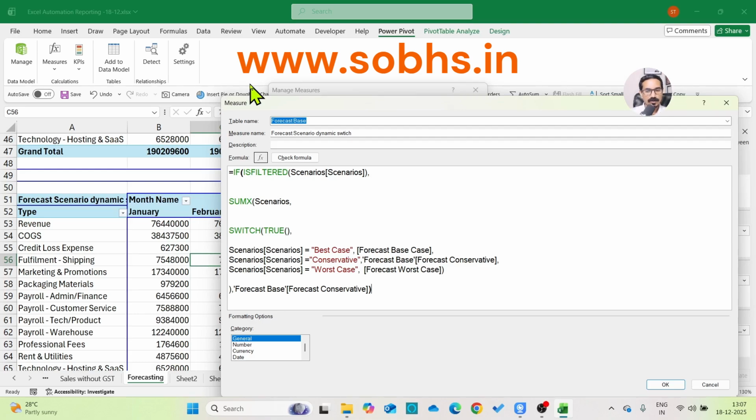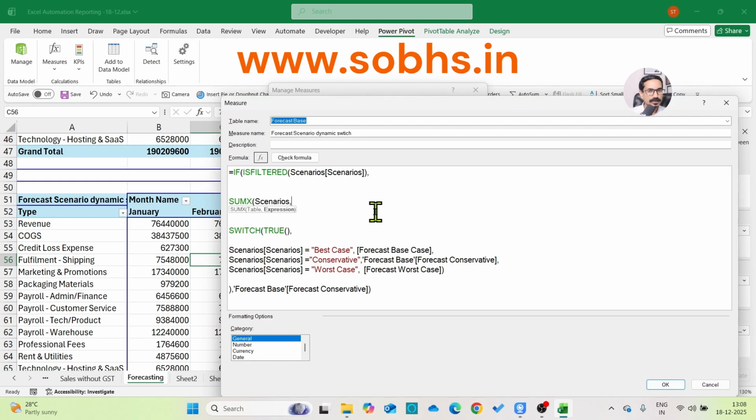Hi. So we just completed creating the dynamic scenario using IF and SWITCH, right? You learned how to build scenarios like this using both IF and SWITCH and SUMX. Now the same scenario calculations, or dynamic scenario, you can do differently using a couple of other functions. Let me show you that, and it is important that you know this because